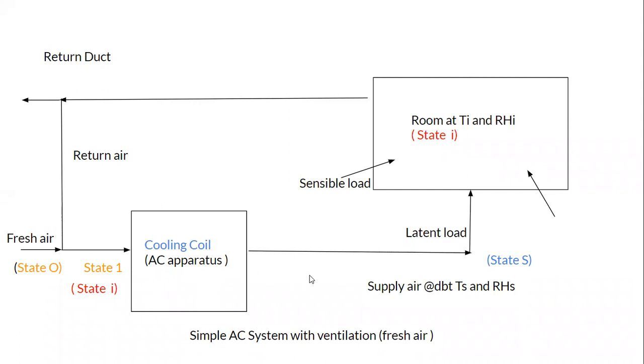Now, if this has to be maintained at an air conditioned atmosphere, then we need to supply conditioned air from the cooling coil, or it could be an air washer. So anything which is required for processing this air would be housed in this AC apparatus. Though it is written here that the cooling coil is used, it could also be an air washer. And depending upon what kind of psychrometric process is desirable for achieving comfort, this AC apparatus has to